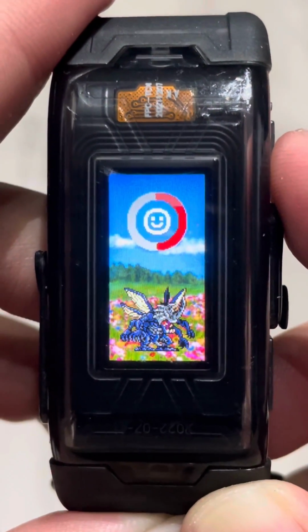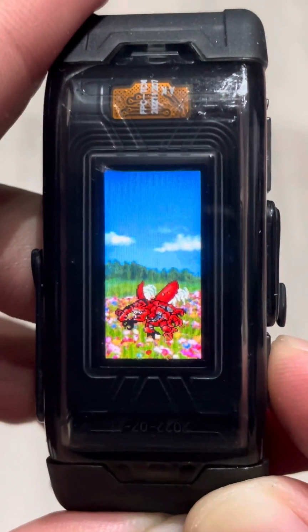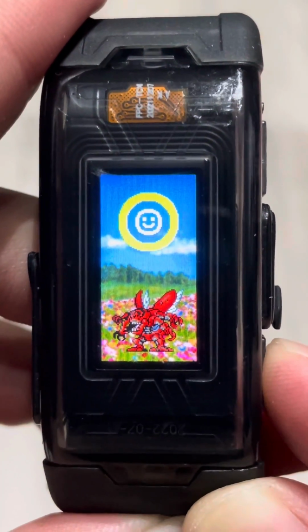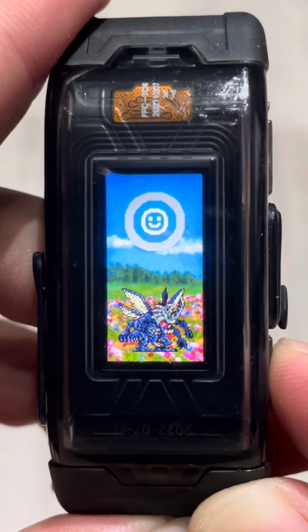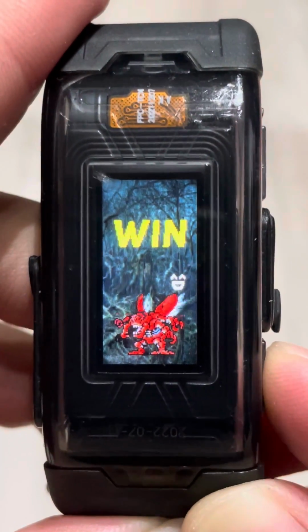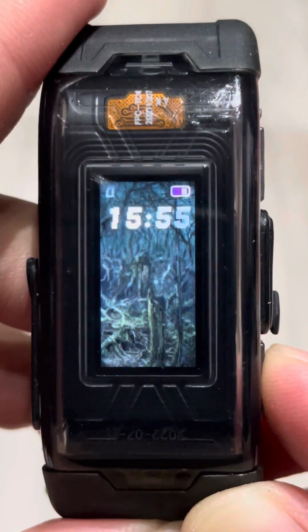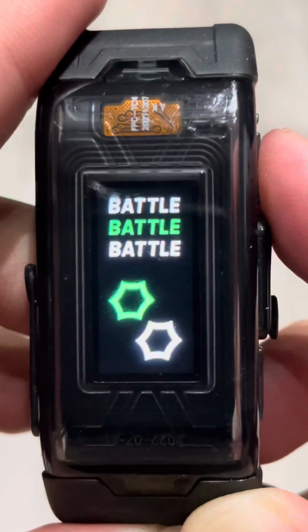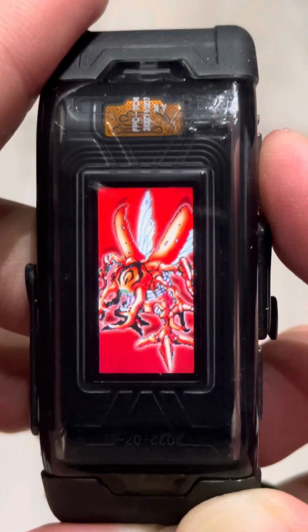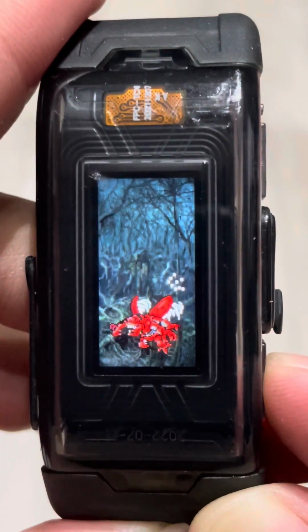Here we go. Oh! Alright, Kuwagamon is holding its own really well, and we can't seem to feature his finishing move. Right, let's try again. Let's try again. We're getting there. We're almost there. Almost there. Alright, let's feature. So maybe we should just skip this. Let's just fight someone even stronger.